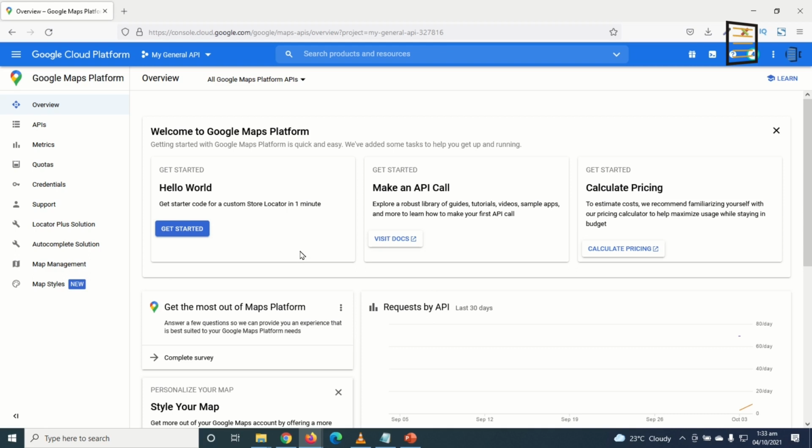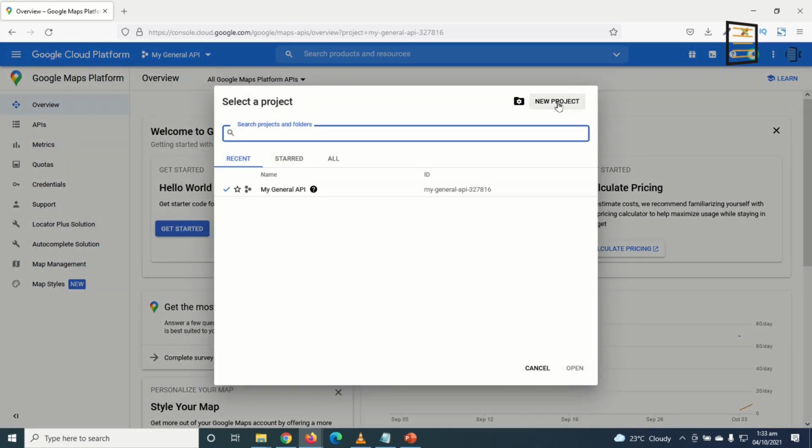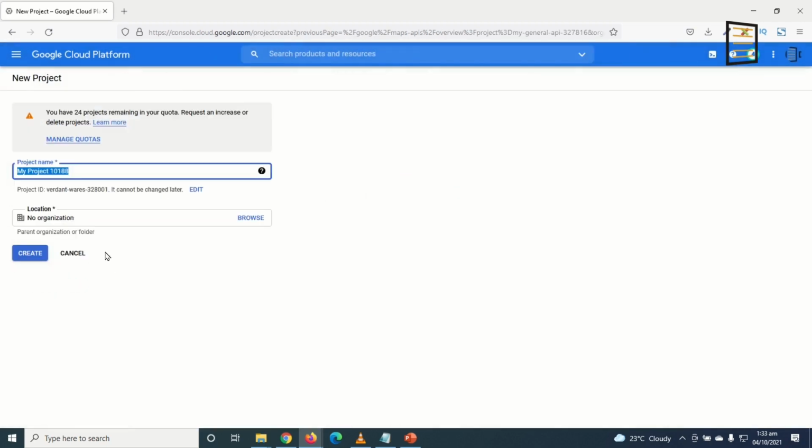So the next thing I'm going to do is create a project. To create a project, I click on this drop down arrow here, and I go ahead and click on new project. So in here I give my project a name. You can give it whatever name you want. In my case, I want to give it listing project, and down here below you see a project ID, that is listing project. Whatever name you provide here, you see it here, and then these digits, and it cannot be changed after you finish creating it, but this is what I want to use.